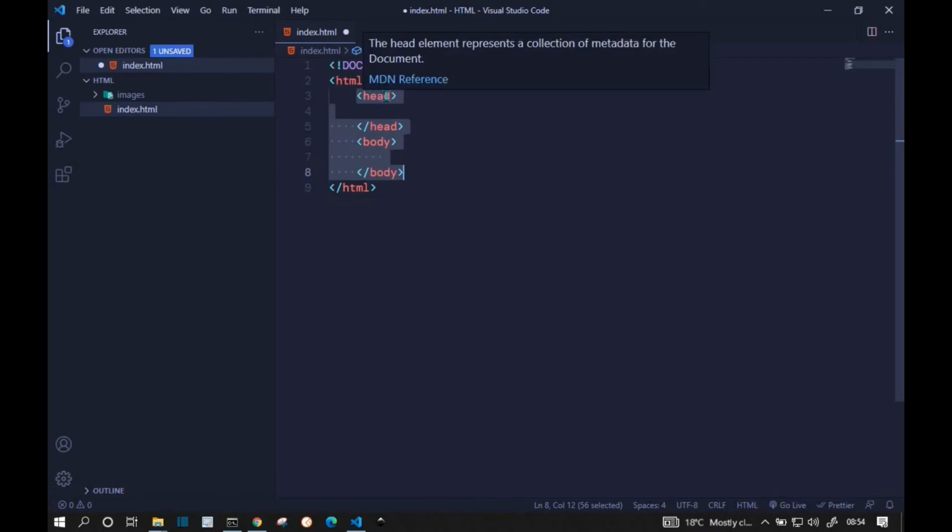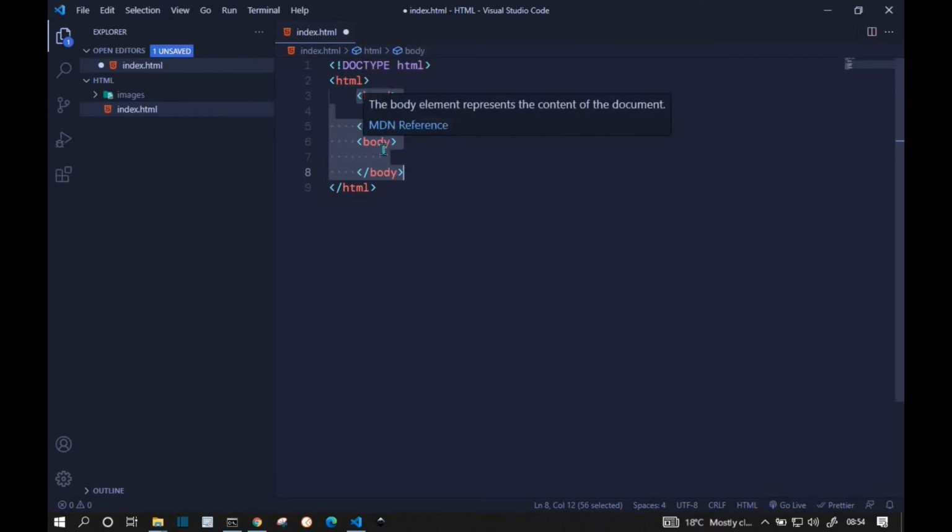So here head and body are children of our HTML tag, and the HTML tag is the parent of these tags. With that, we can continue seeing what we can include in our head tag.